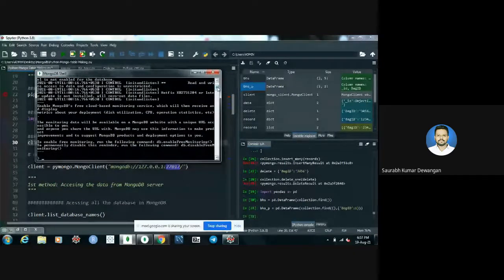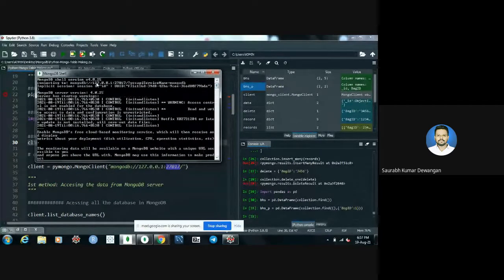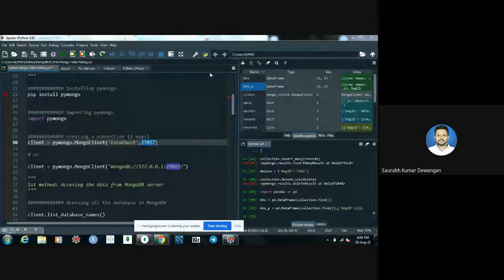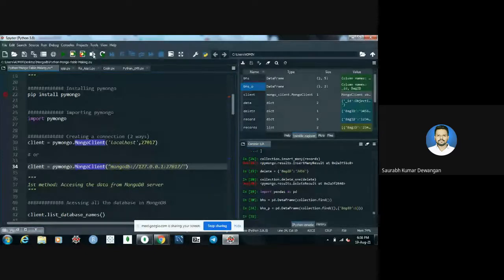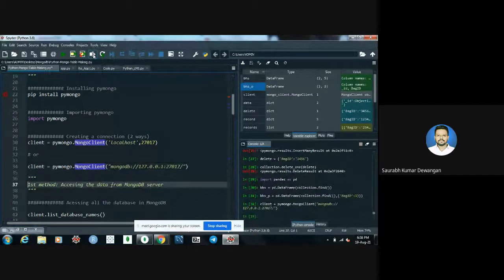You scroll up a little. You can see in the second line, 127.0.0.1. It is your MongoDB server IP, and this is the port, 27017. You can get it like this. So you have to know this to make a connection between Python and MongoDB, and we are storing this connection in the variable client.